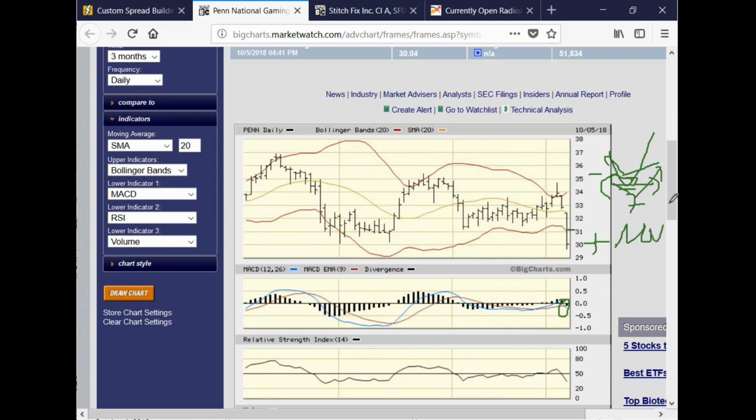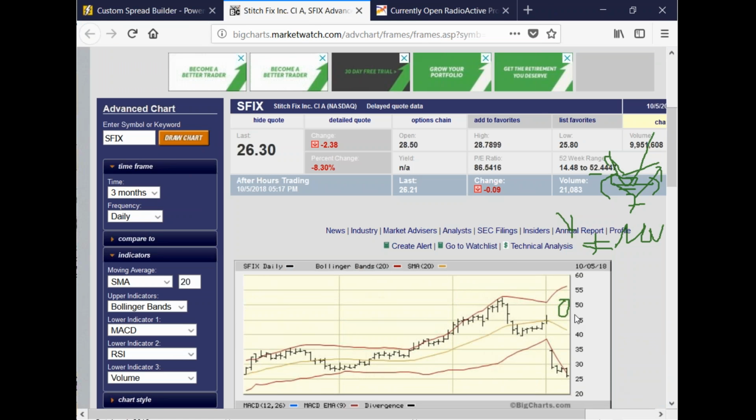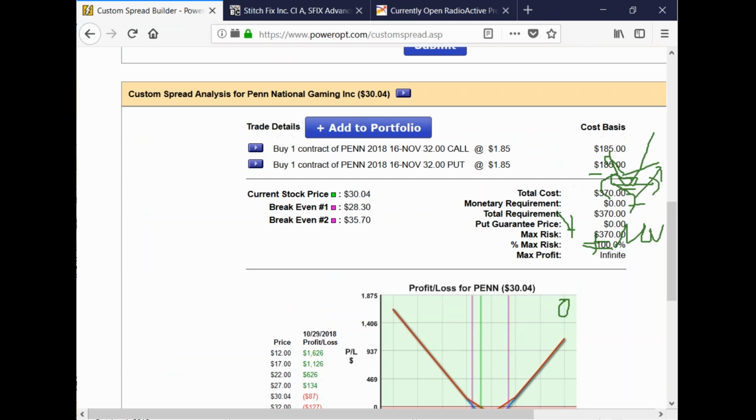If it goes above that, I'm still making a profit because the delta will go to zero very quickly on this 30 put, but I only paid $1.40, $1.45 for it. So it's a decent position. But I saw the crossover, and I said to myself, I missed it on Pulte Group, PHM, another married put I'm in that just kept going down. And so I didn't want to take a chance here.